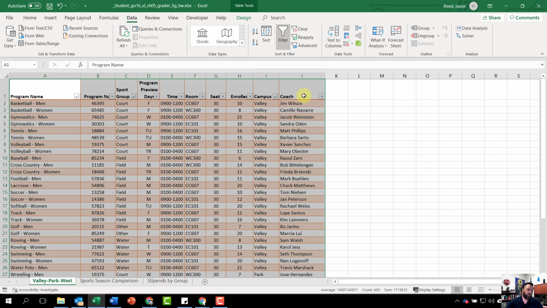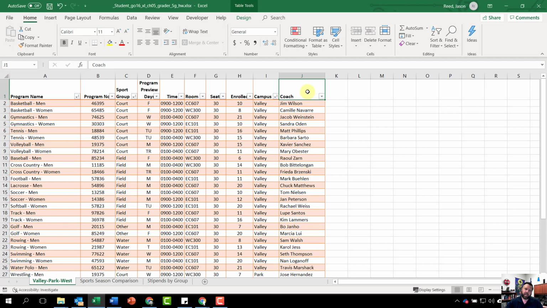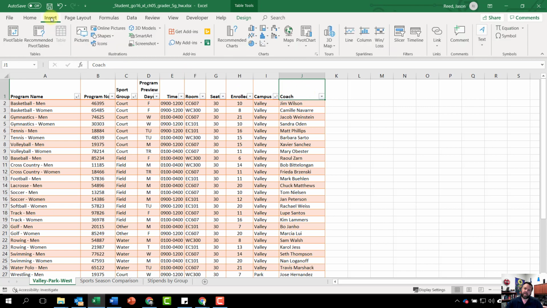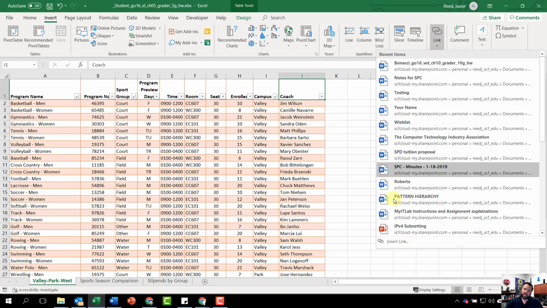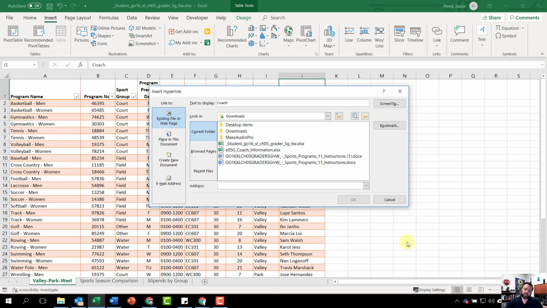So a hyperlink is when you put in a link that when you click on it will take us to another document. So let's go ahead and click on J1, and we're going to go to the Insert tab. And from the Insert tab, we are going to come to our links. Click on the down arrow and hit Insert Link. And we want to go to our Downloads folder. For an existing file or web page, go to our Downloads folder, and where it says Coach Information, E3 Coach